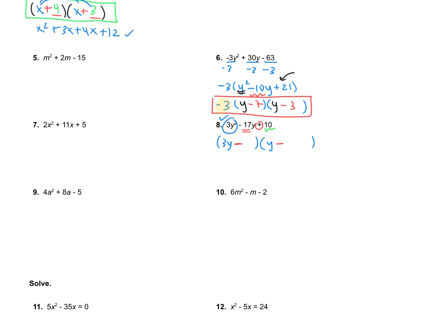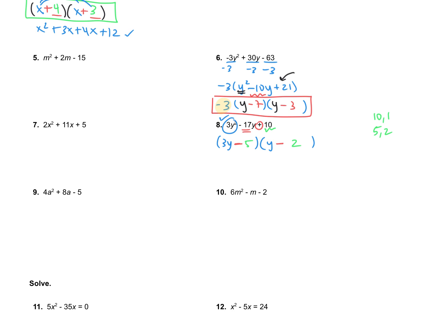Now, there's a whole different bunch of possibilities. We could do 10 and 1. We could do 5 and 2. I guess really that's it. You're going to have to just do some guessing. So if I want to try 5 and 2, if I try 5 here and 2 here,